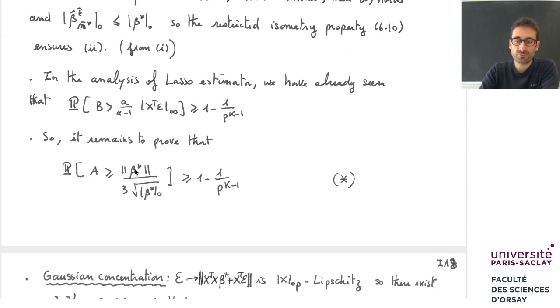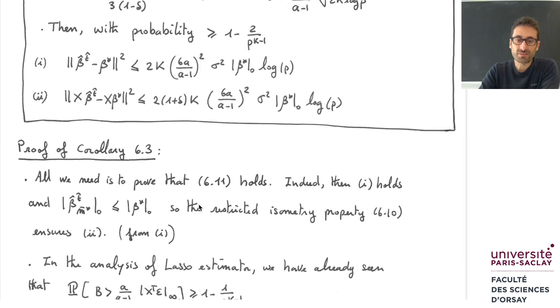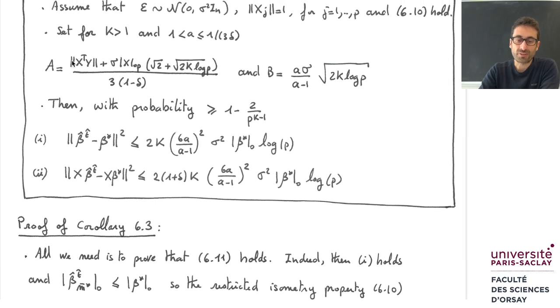All right, so this is what we will prove. With at least this probability, and actually we will prove that it is true with probability 1 minus 1 over p to the k, which is larger than this probability. So for this, we need to have a lower bound on A, and if we look at this quantity,